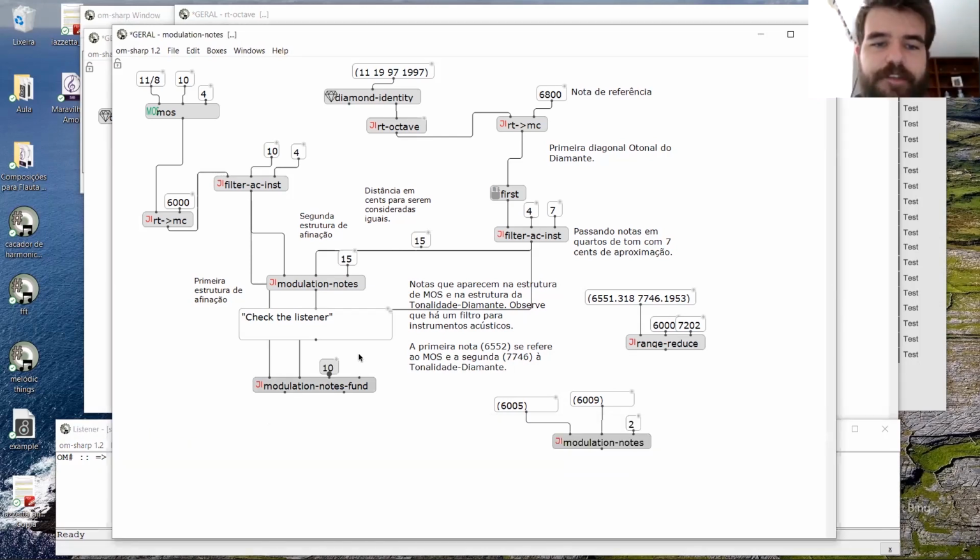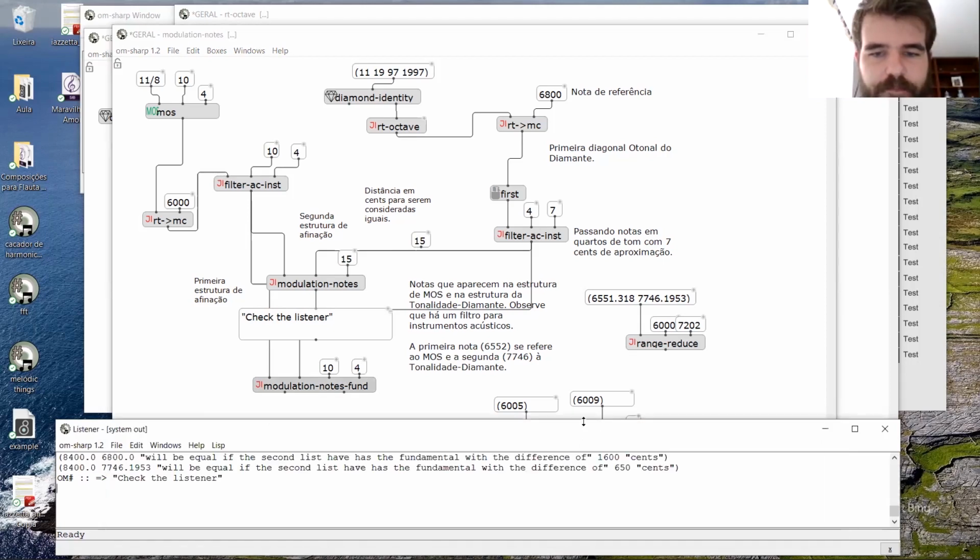So here we have the same in modulation-notes-fund. And here we put what kind of fundamental we want. For example, if we have just a fundamental in temperate music, of 12, with quarter tones, with 8 tones, or with 6 tones, or maybe you can choose it. So here we can see